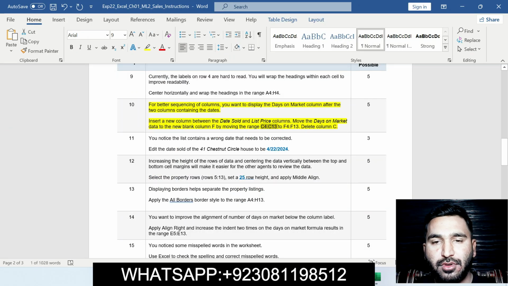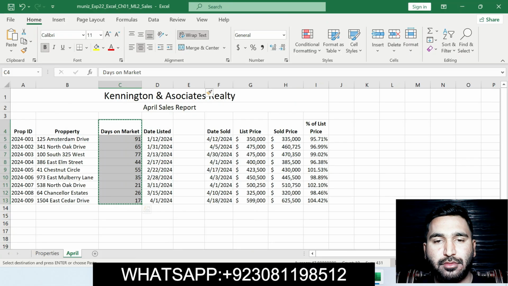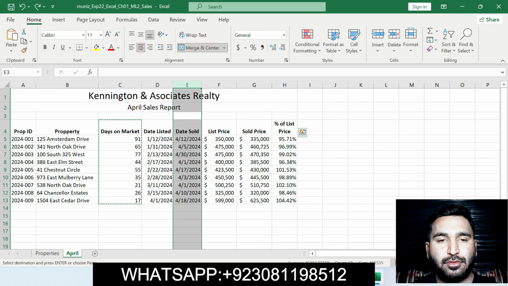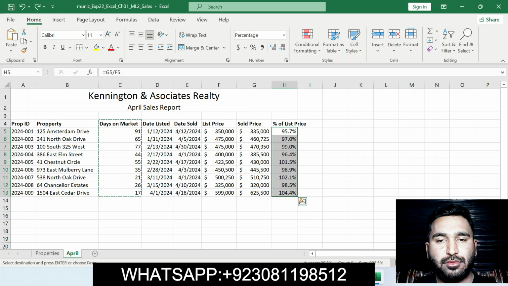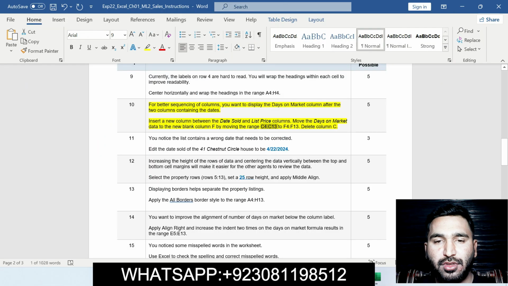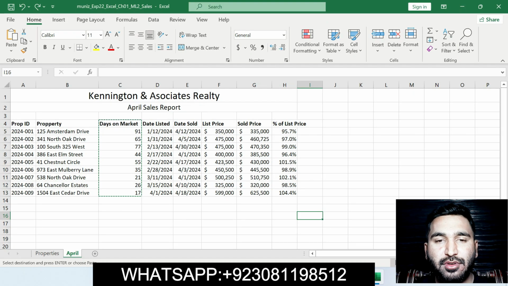Insert a new column between the date sold and list price. Moving on to the Excel workbook, here is date sold and list price.